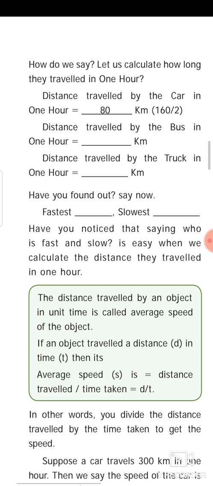For instance, I would like to give you another example. Consider you are trying to reach our school. Your mom prefers walking. She wants to come to the school on foot. Your father is coming by his bike and you, along with your friends, are traveling in an auto. Many parents arrange an auto or taxi to reach the school, a common vehicle. So all three persons are covering the same distance.